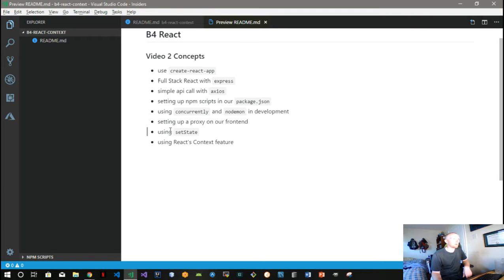We're going to go over setState, which controls the state. If you know anything about React, you've heard of state and setState. And then we're going to go over kind of the main feature, which is React's new context feature, which is very